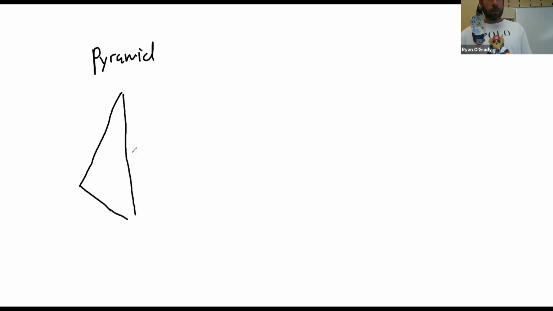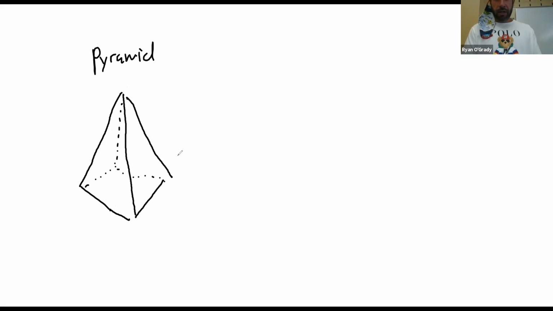I'll try to draw this. That's my 3-dimension, but let's try to take a slice of this. If I slice it horizontally like this,